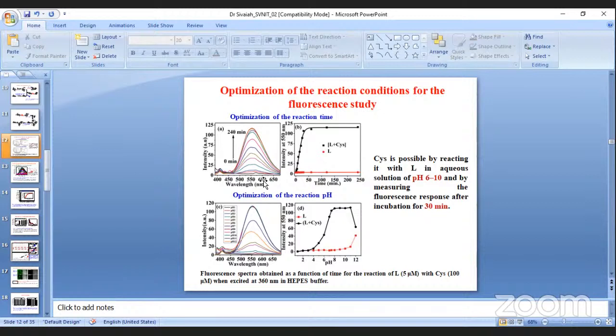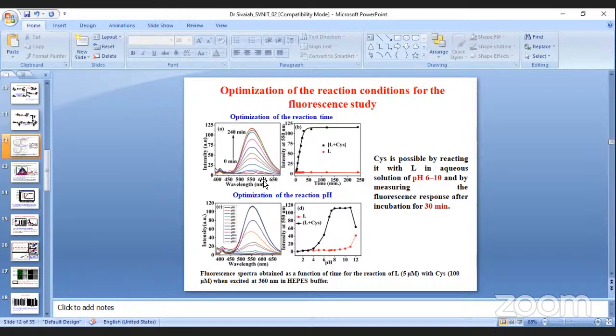And also the reaction pH: at what pH it will give more intensity. If you see the graph of pH versus intensity, at biological pH, from pH 6 to 10, it is steady without a change in the fluorescence intensity. So both as a function of time as well as pH, it gives better results,